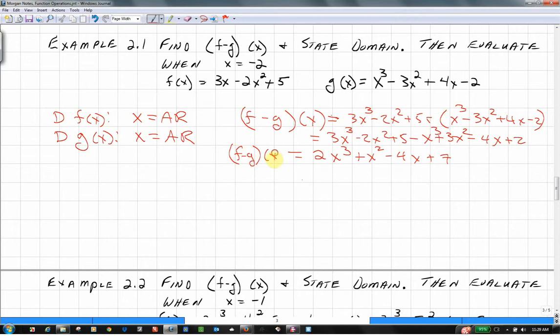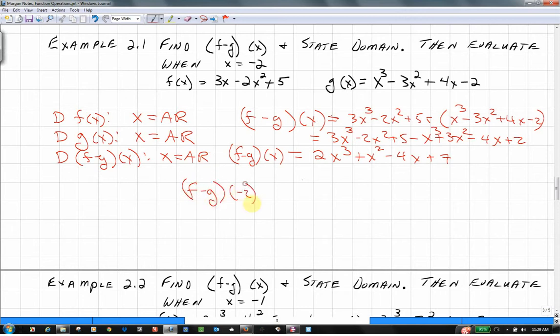of x. The domain for that is going to be the intersection of the domain of f and the domain of g. So the domain of f minus g of x is going to be x is equal to all reals. And the last thing I have to do is substitute in a value of -2. So I'm going to write that f minus g,